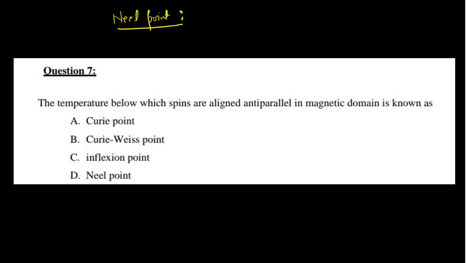Okay, so if I want to draw a diagram from here, it gives this kind of thing. This is your molar magnetic susceptibility, and this temperature is the Neel temperature, which I am writing as TN, and it corresponds to here. It is actually for anti-ferromagnetic substances, anti-ferromagnets. So the anti-ferromagnetic compound shows paramagnetic properties above the Neel point.